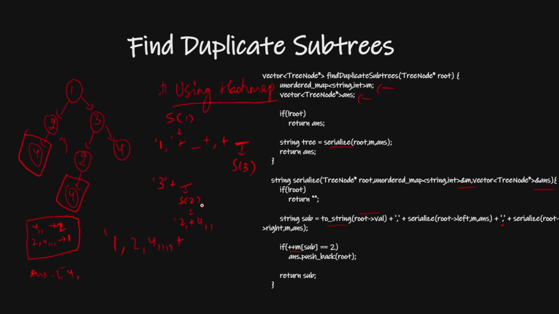So now after this what will I have? I will have its left. For its left there will be one more comma, and this will be my new string. If you see, this plus will be gone, and this will be 2 4 and triple. This is also in my map. If I increment its count, then it becomes 2. So now that it is 2, I will add it here. So its root is 2. What does it mean? I found this also. I found these two substrings till now.